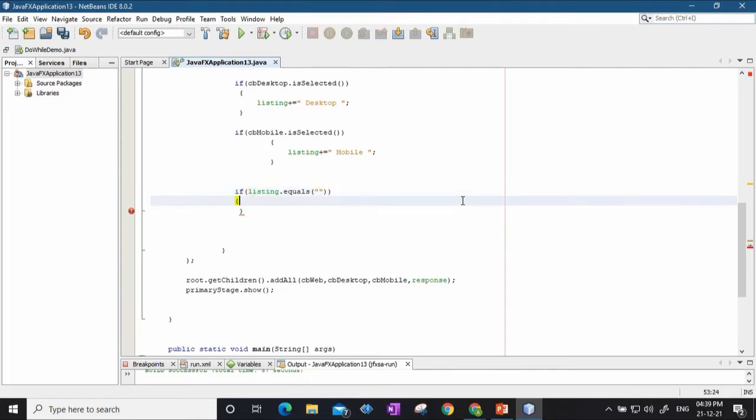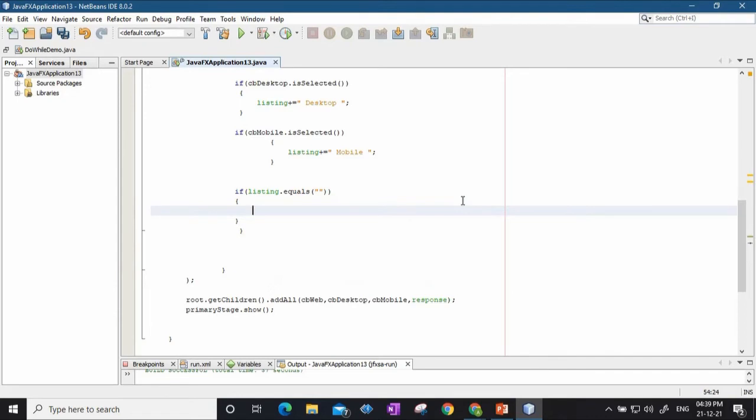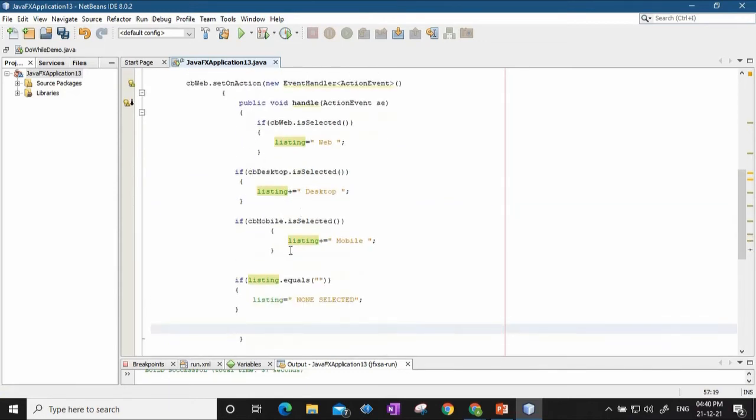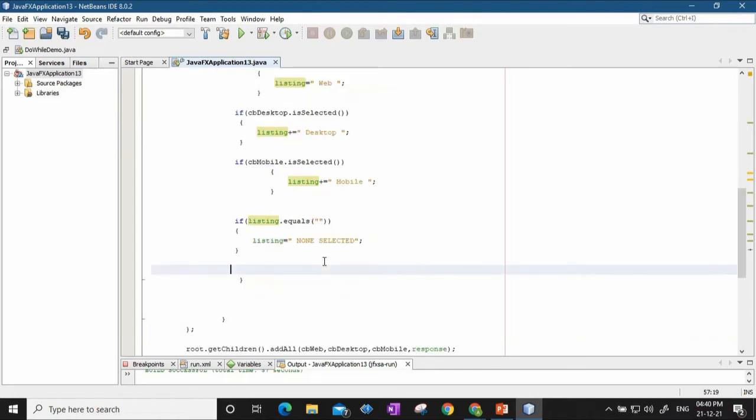So if the listing is null, then I can just set the listing to none selected. Now based on what is clicked, this listing string will get that particular thing appended. So first if I select web, in the listing string the web string will be there. Then I select desktop, so this desktop string will be appended to the web, and so on, right?